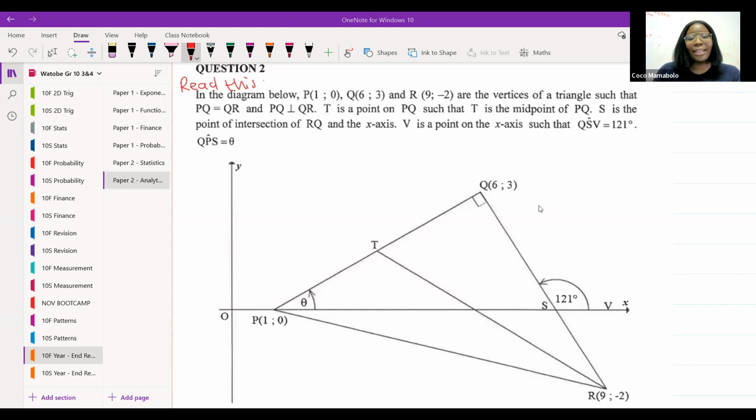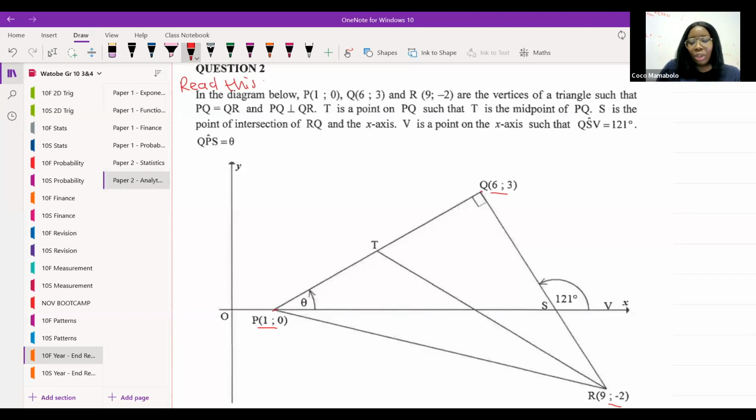Okay. So it says here, in the diagram below, P is the point (0,10). Excellent. They've given us the point (0,10). Q is (6,3). Good stuff. And R is (9,-2). Beautiful. Okay, they're the vertices of a triangle such that PQ